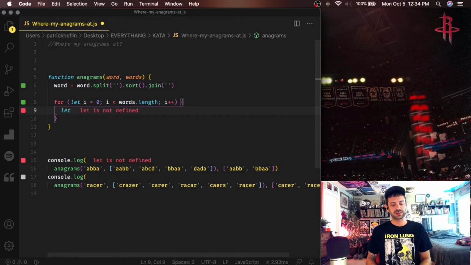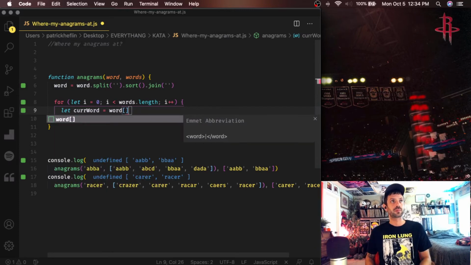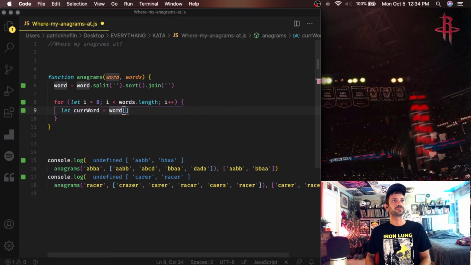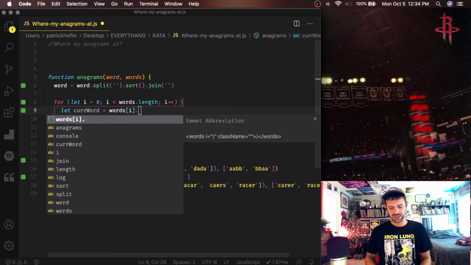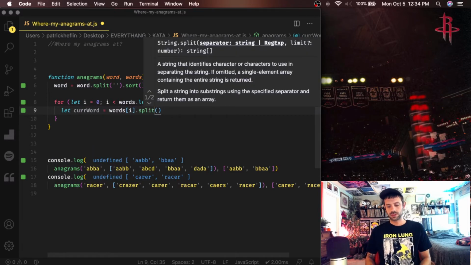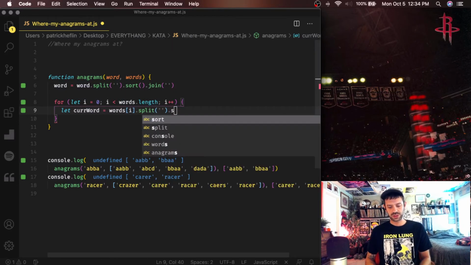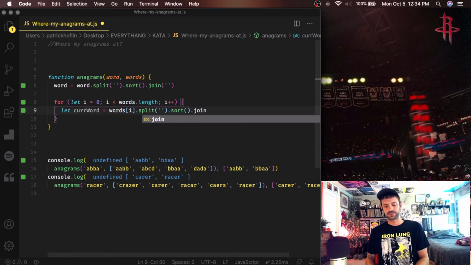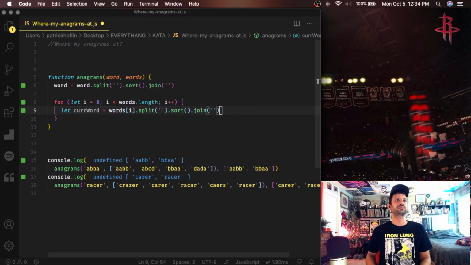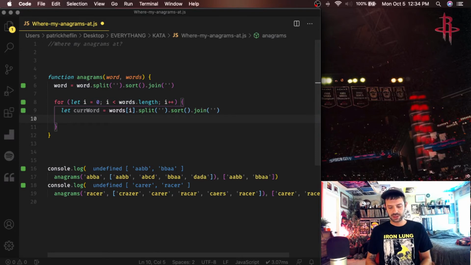So we'll say let current word equal our word at index, words at index. That'll take our individual word, and we'll go ahead and do what we did up top. We'll split it, we will sort it, and we will join it back together. So then we can just say if our current word